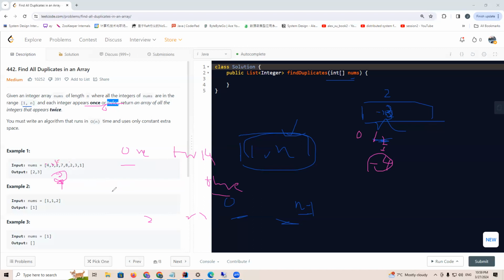If it's already negative, put it into our list. This still satisfies. But if we say we only want to find those that appear twice,